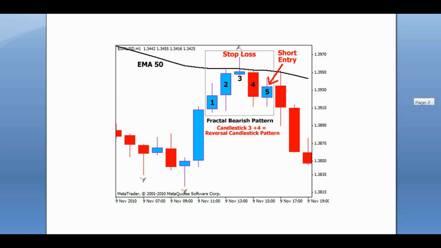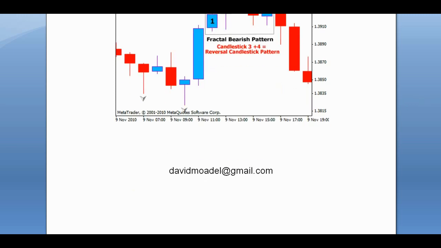All right, so that's really not that complicated, is it? It's actually usable. Again, I just went over the basics. There are more complex patterns. I've seen more than 5 candles, some people use more than 5, and I've seen other applications of them. But this was your basic primer on fractals.